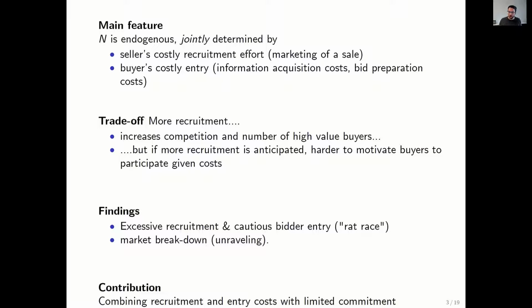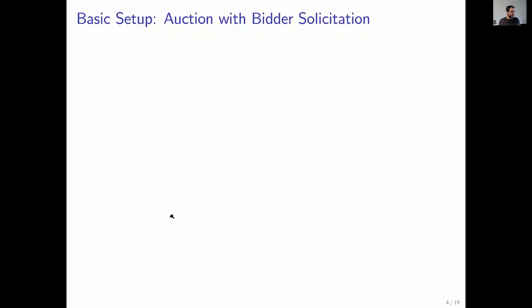Good. So now to the model. I will give you a basic setup of one model of an auction in which the number of bidders is jointly determined by the seller and the bidders. And we'll think about that a little bit and then think about variations of this. So I'll tell you about the model now. At the end of this slide, there are bold questions, and I'll stop there. Usually there are a couple of questions at that point. So we'll discuss it and make sure that everyone is on the same page so that this model is understood.